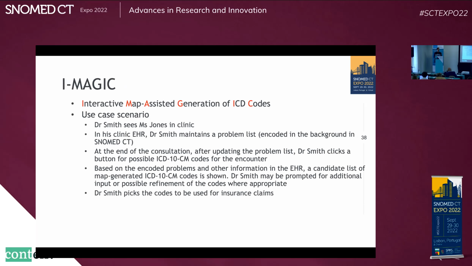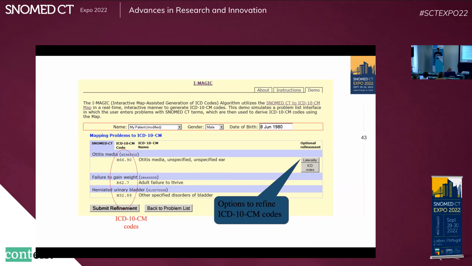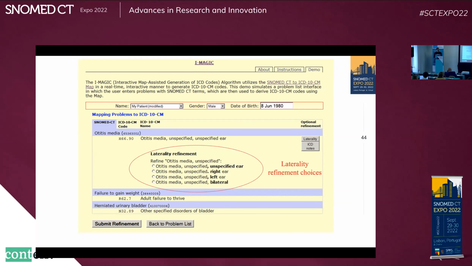And when you finish the problem list, then you can click the Get ICD codes. And based on the map behind, it will get the list of ICD codes, and you can have refinements, like laterality refinement or other refinements. So to showcase the rule-based map,